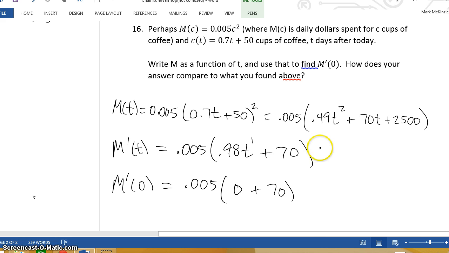So now to compute the derivative when t equals 0, m prime of 0 will be equal to 0.005 times 0 plus 70, and 0.005 times 70 is